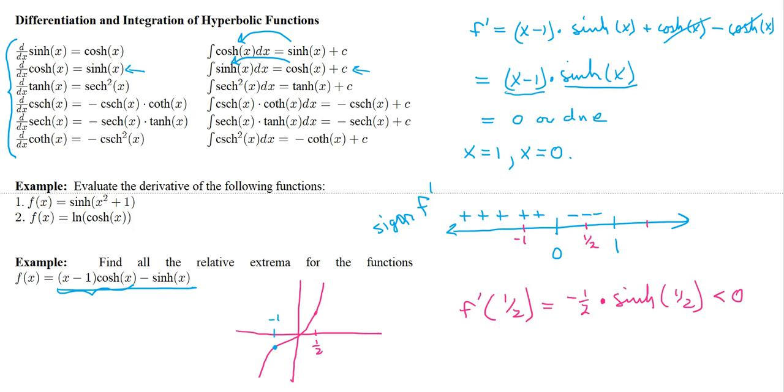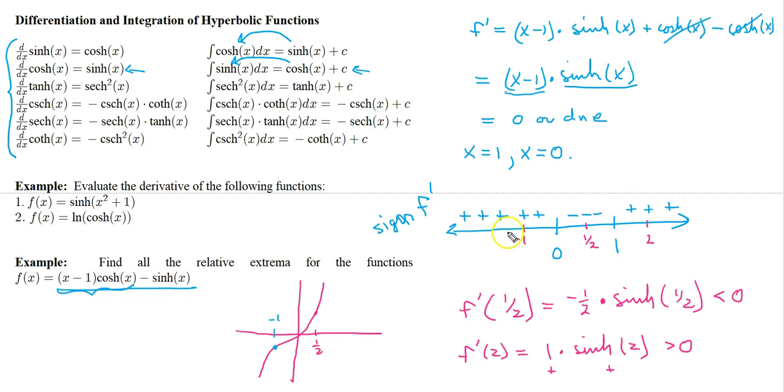And then let's pick another test value like 1. When we put that, oops, sorry, not 1. Let's pick another test value like 2. So plugging 2 into our derivative here, we get 2 minus 1 is 1 times the sinh of 2. Well, this is obviously positive. This quantity here is positive. We can see that from the graph of sinh over here. And so this is going to be positive, and so we get